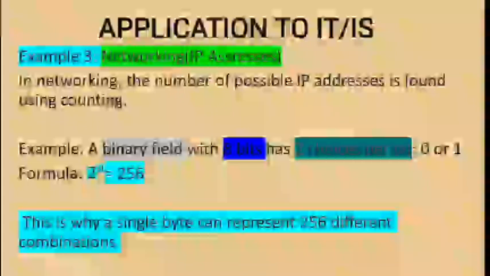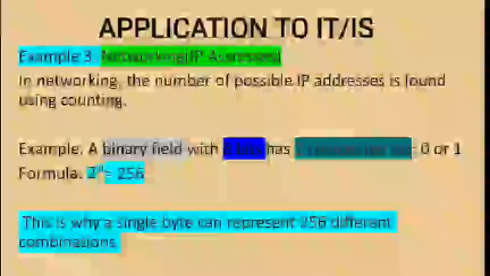The third is networking. In networking, the number of possible IP addresses is found using counting. Example, a binary field with 8 bits has 2 choices per bit, either 0 or 1. The formula is 2 raised to 8.